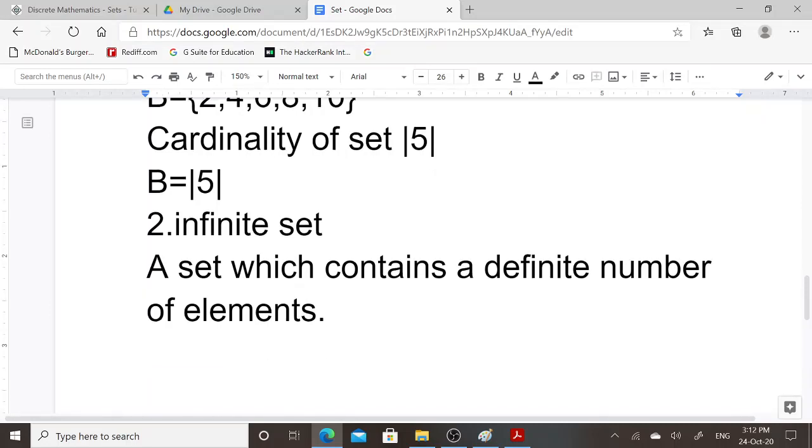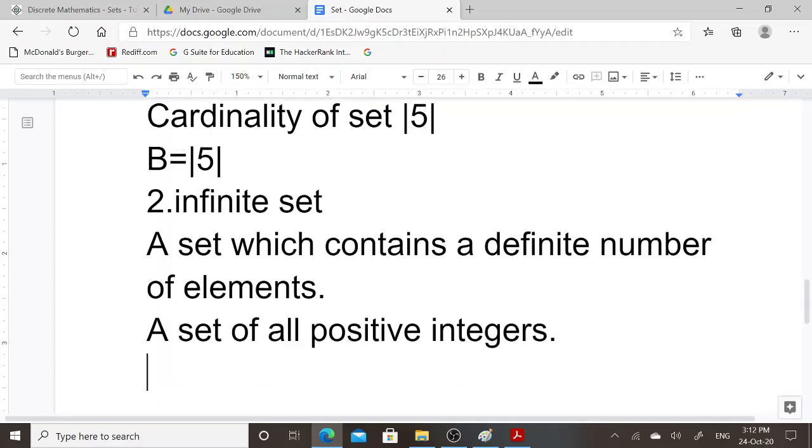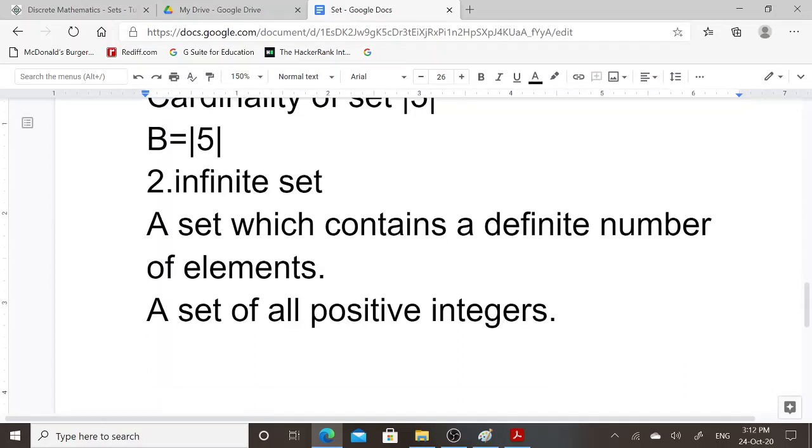What is the example of this set? A set of all positive integers. If you consider this example, a set of all positive integers, this is an example of infinite set.